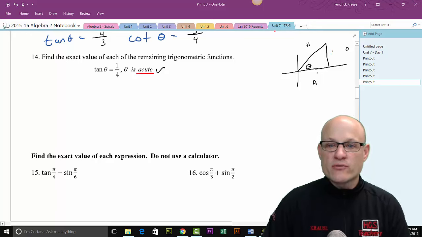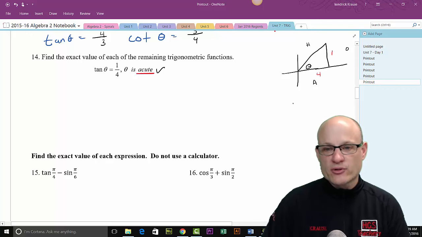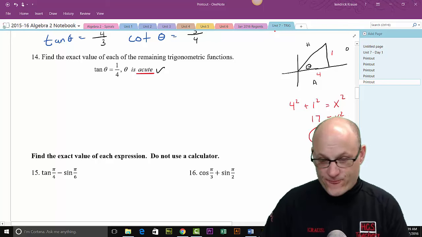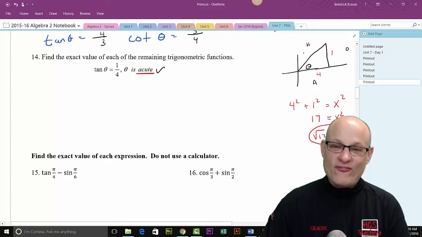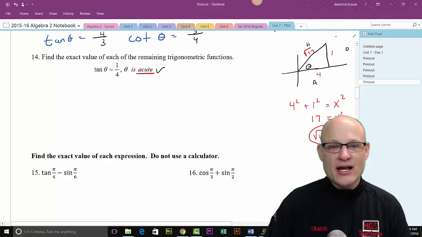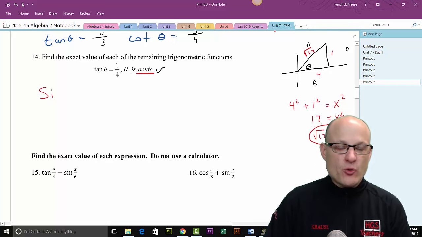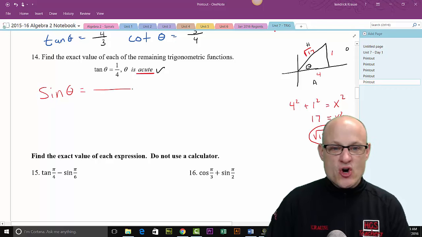Now, this isn't one of those nice triangles, I know, so I'm going to have to come down here and go, okay, 4 squared plus 1 squared equals hypotenuse squared, or x squared. This is 16 plus 1, that's 17, equals x squared, so x is equal to the square root of 17. And at this point, you say, fun. So much fun, because having the square root just means you're going to have to rationalize. So, again, we're in the first quadrant, so the good thing is I know that they're all going to be